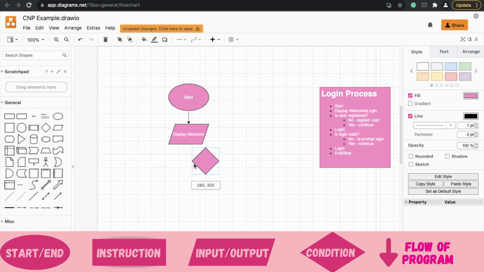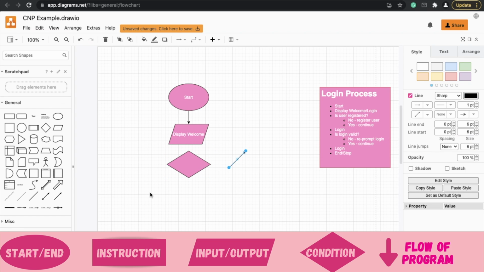So the next thing is we have a decision to make, a yes or a no. So we know we're going to use a diamond, and we're basically just asking, is the user registered? Like, do they have a username and password, yes or no? And that yes or no is going to determine what screen is prompted next. So as you can see, I'm struggling with the arrow a little bit because